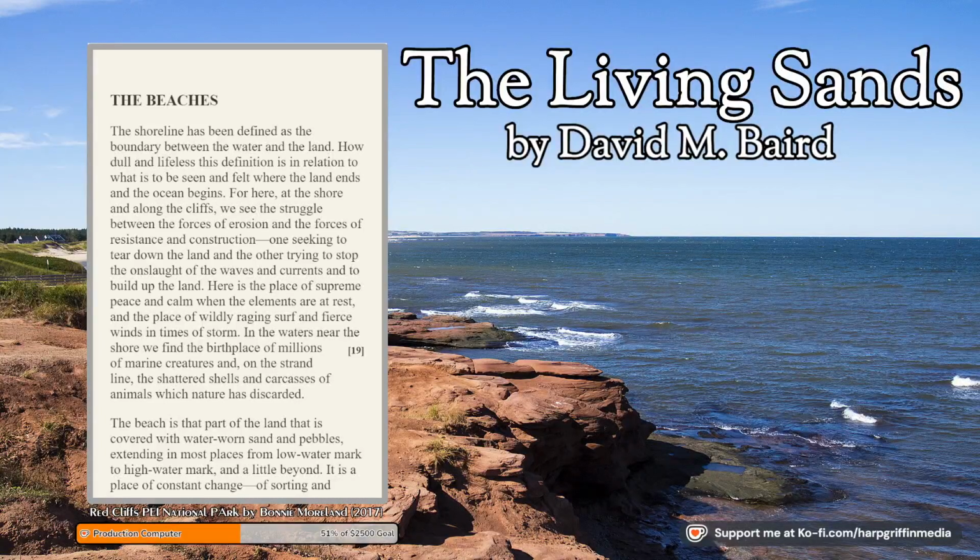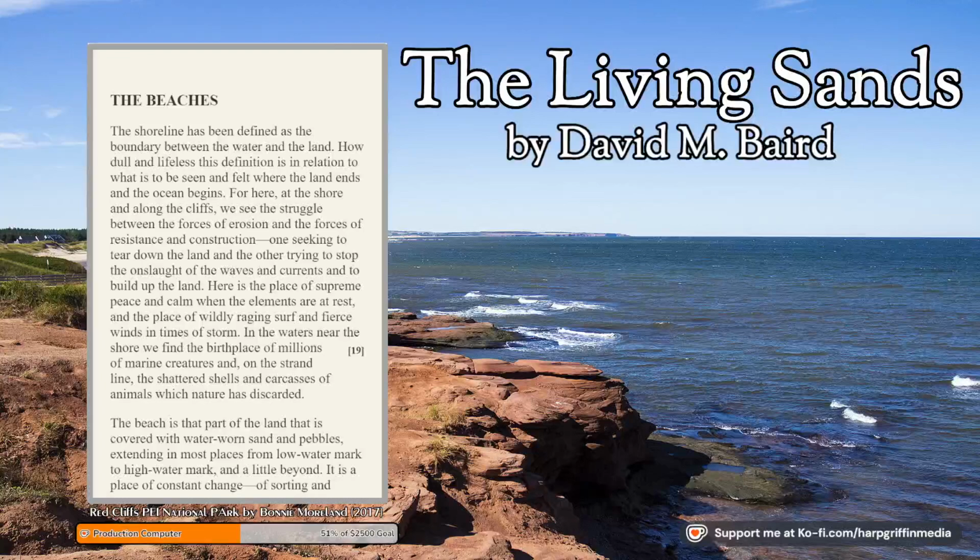The beaches. The shoreline has been defined as the boundary between the water and the land. How dull and lifeless this definition is in relation to what is to be seen and felt where the land ends and the ocean begins. For here, at the shore and along the cliffs, we see the struggle between the forces of erosion and the